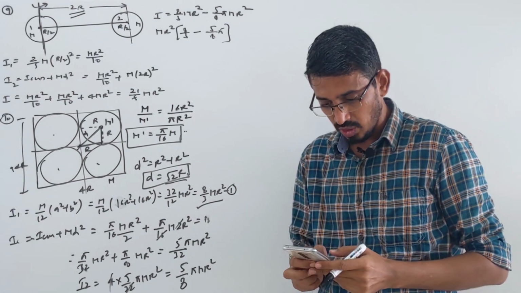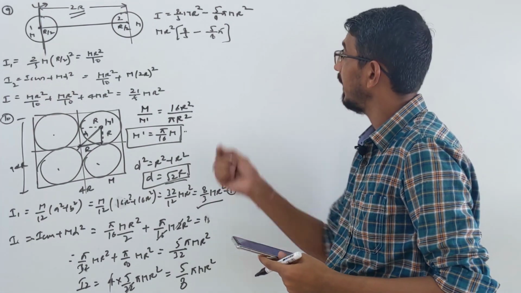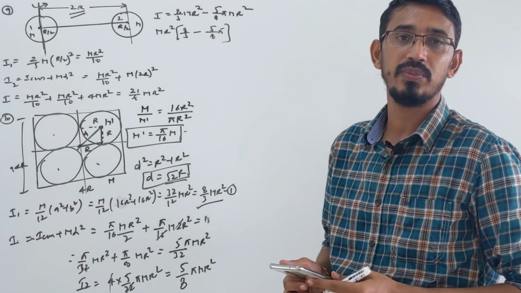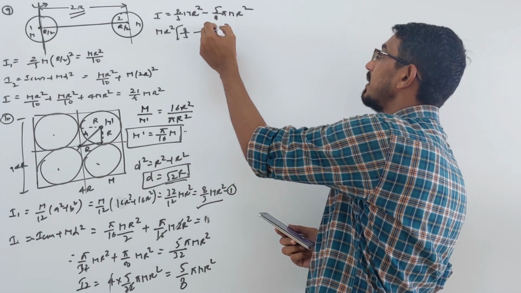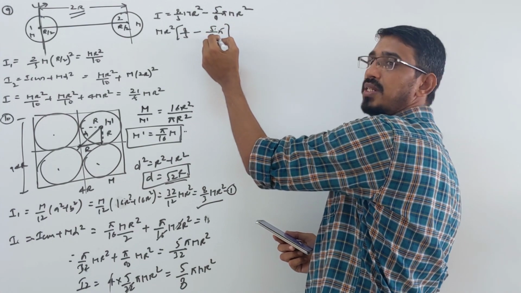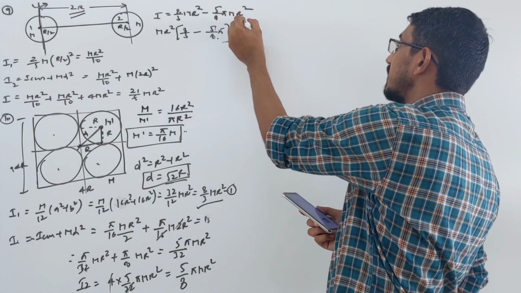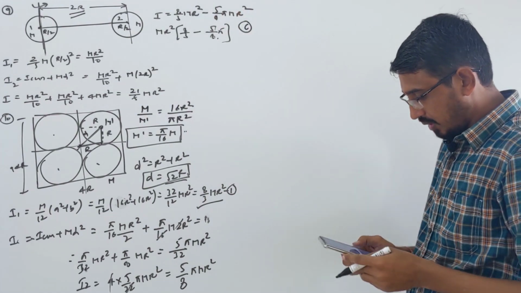So this is matching which option? Let's check. 8 by 3 and minus 5 by 8 into pi. This is matching the third option. Just that they multiplied this number by 2, they wrote 10 and 16 here, it doesn't matter, 5 by 8 or 10 by 16. So the third option is what you are matching here, the correct answer.